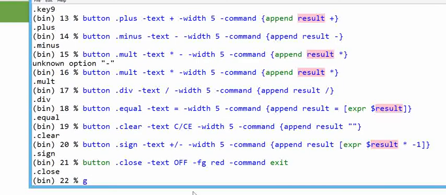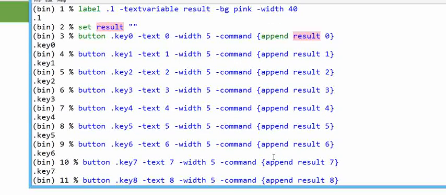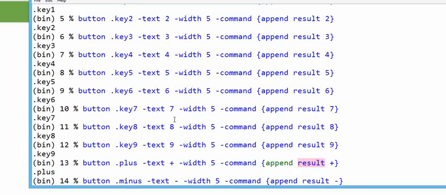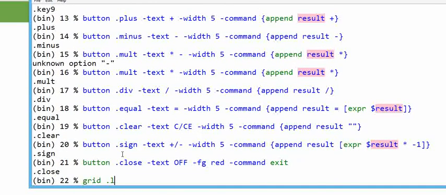Very first I am going to map here the grid dot L. So what is the name? It is necessary that we remember the grid label name is L. Okay, grid dot L, it should appear at row number 0, and now column span I am going to give 5.